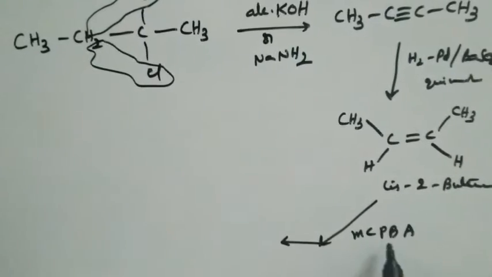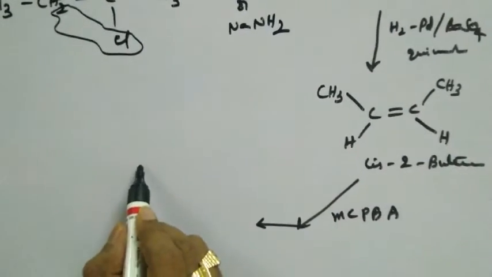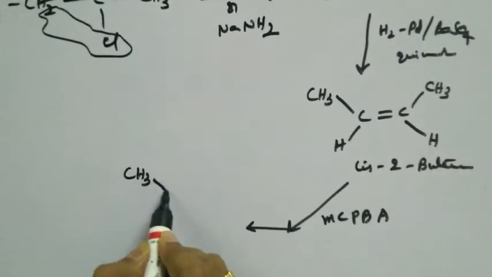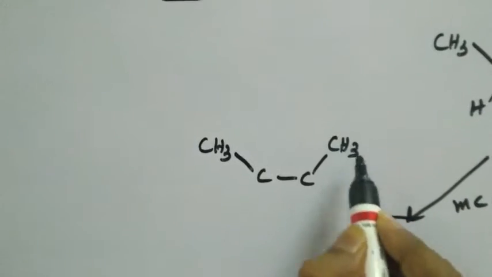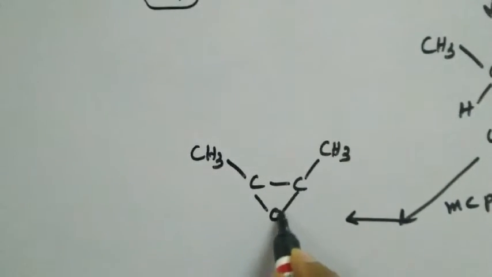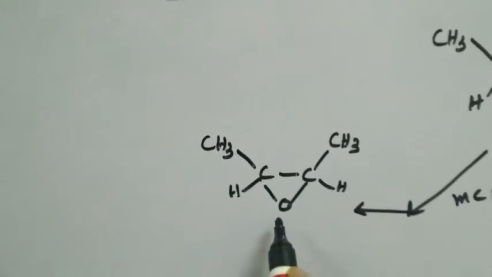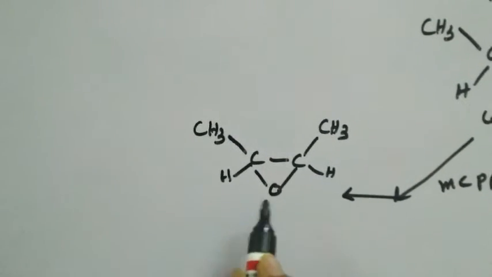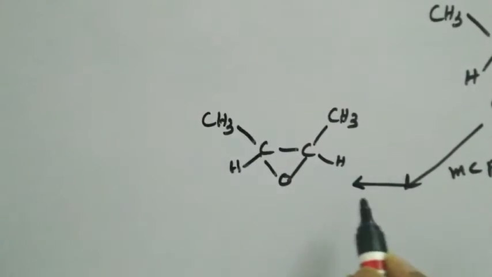This is for epoxidation. So what type of epoxidation occurs? Here the stereochemistry is not changing. Therefore we are going to get this epoxide. Very important. This is the epoxide that we are getting. Now this epoxide, if it is hydrolyzed, we are going to get trans diols. But he did not hydrolyze this one.